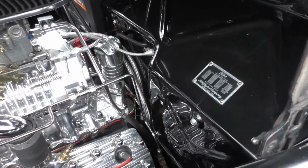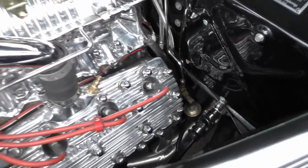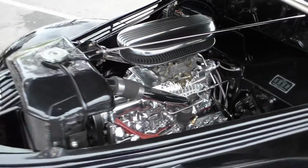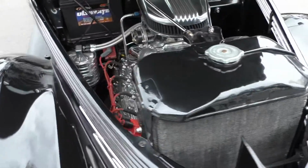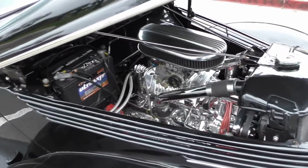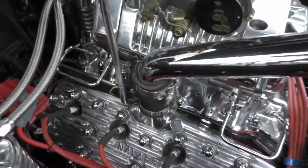Crankcase vent, all polished billet stuff, early speed stuff, kind of feel to it. I'm gonna fire it up for you too. Starts right up, it just runs perfectly. It's nice to see a power steering pump on the front of one of these. See down here, it has a